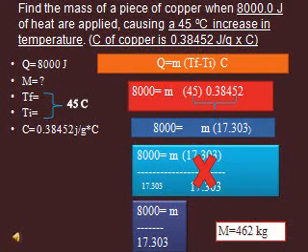Now, here is where we need to start following the order of operations. Most of you have heard of "Please excuse my dear Aunt Sally." So we're going to multiply 45 times 0.38452. Then we're going to multiply those two together to get 8,000 equals M times 17.303. We need to get M by itself. So since M is multiplied by